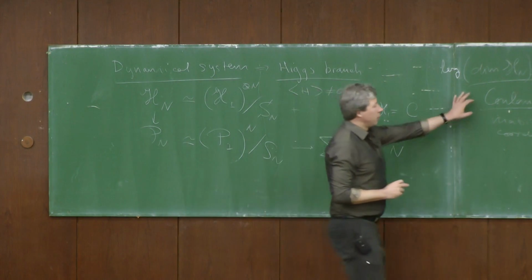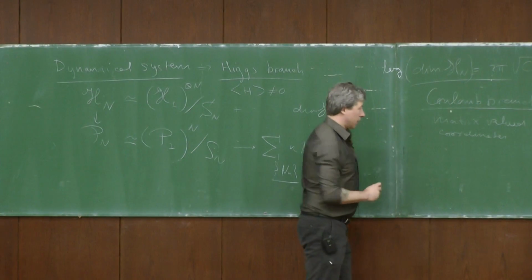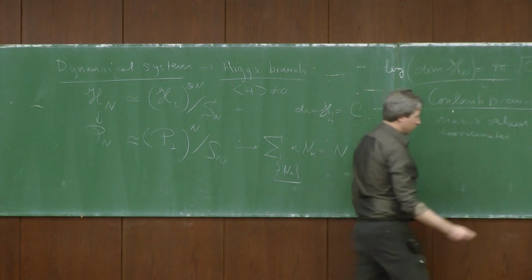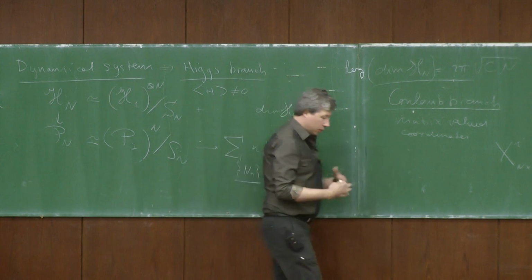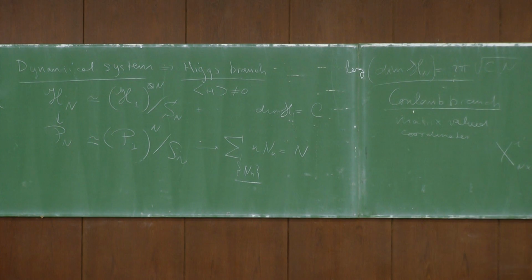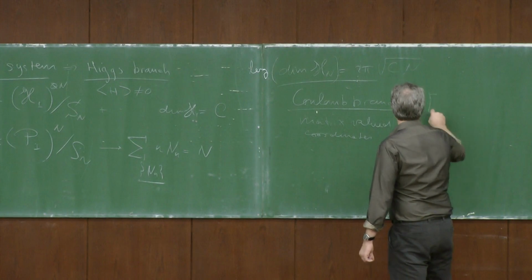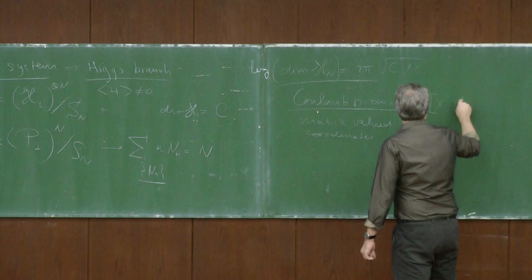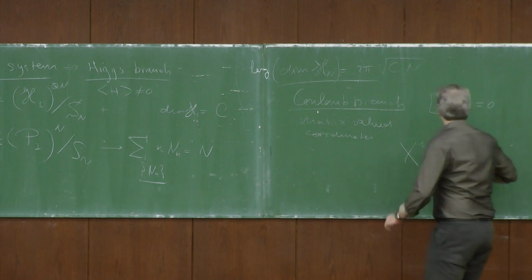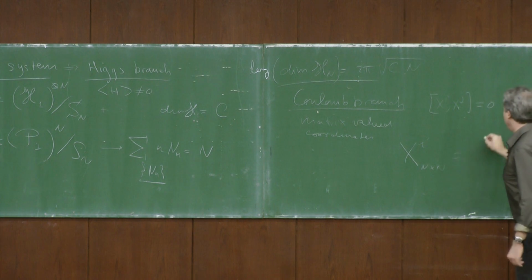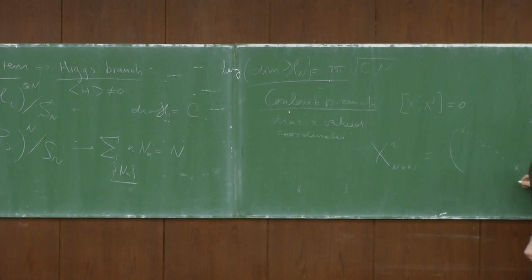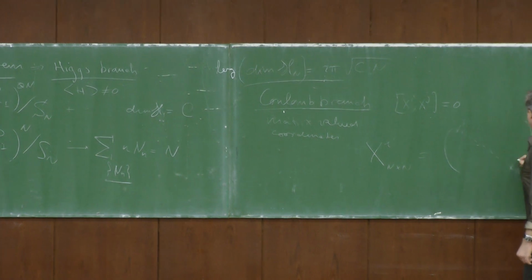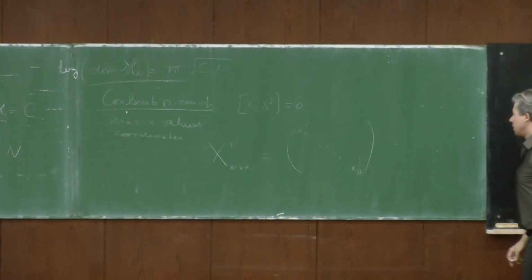Now the Coulomb branch is not just described by these matrices. Actually, the Coulomb branch is a further condition. So this would be coordinates of your particles. And in order to see space-time appearing, you would have to impose that these coordinates commute. So the Coulomb branch has this further condition that x_i and x_j commute. And then these become matrices which have eigenvalues, and these describe then the positions of your excitations in space-time.